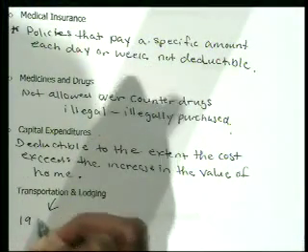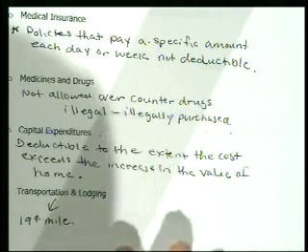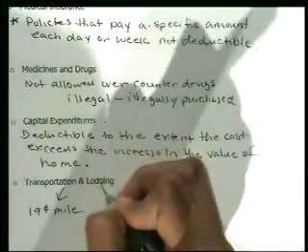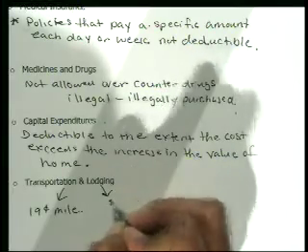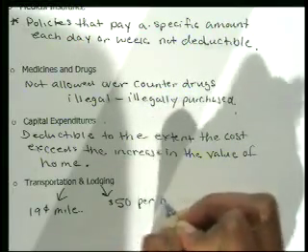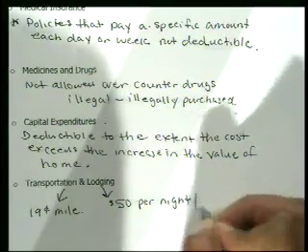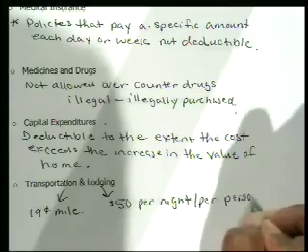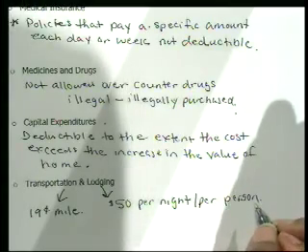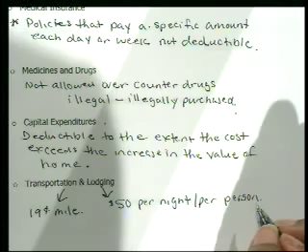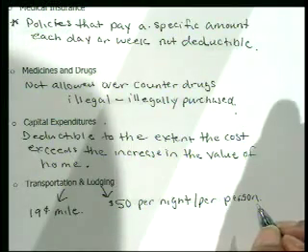Okay, next is transportation and lodging. If you have to travel distances for treatment, if you have to maybe stay at a hotel, for the transportation you can deduct 19 cents a mile. And the lodging is going to be $50 per night, despite what you pay, but this is what you can deduct: $50 per night per person. And I want to say they are going to limit you to 2 people.